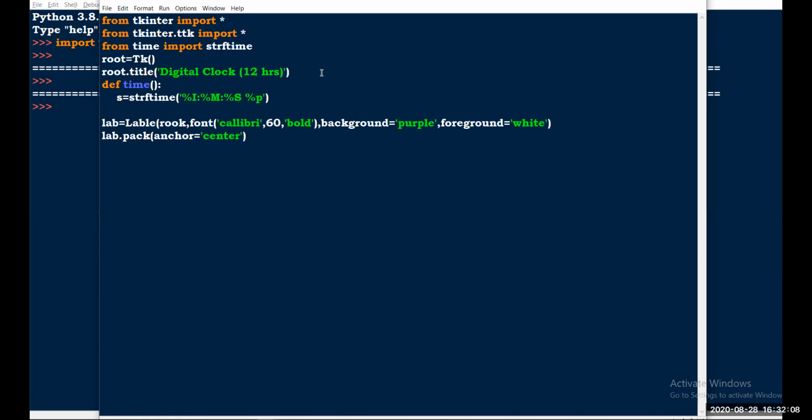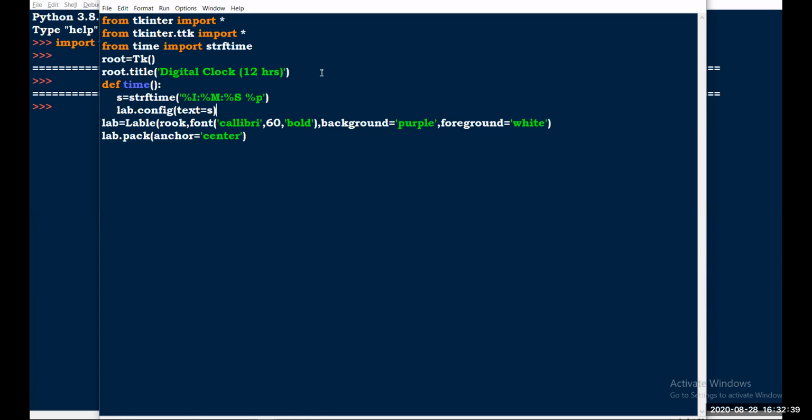And after that you need to configure that. First you need to configure the label and that time sequence. Give lab dot config, and here give text equal to s, because here we are converting the time into text.